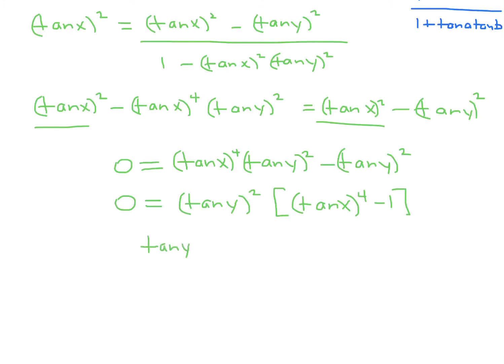So that means the tan of Y is equal to 0, but that's not possible because you can't have a tan of Y equal to 0. So the only possible solution is tan of X to the 4th is equal to 1, and therefore the tan of X is equal to 1, and that means X is 45 degrees. All right, so we took care of our first